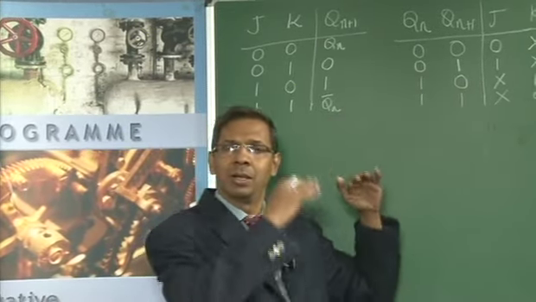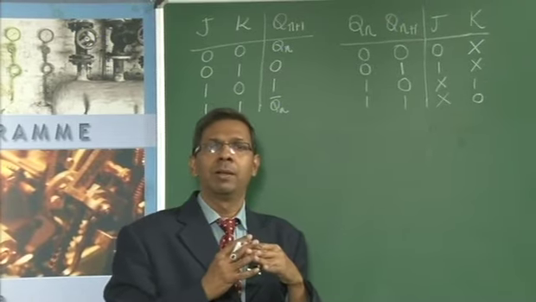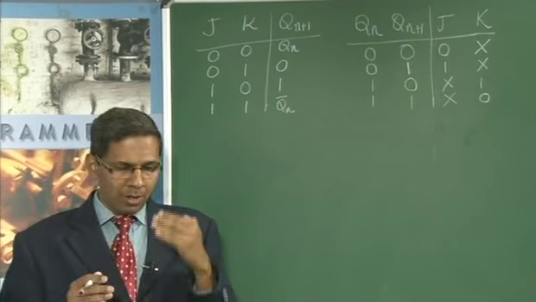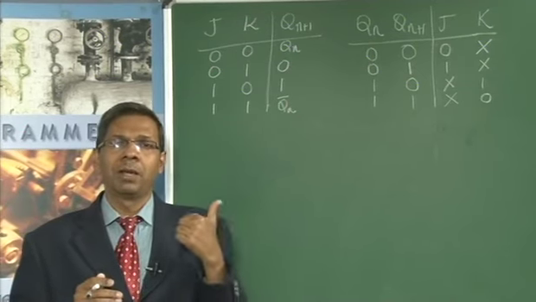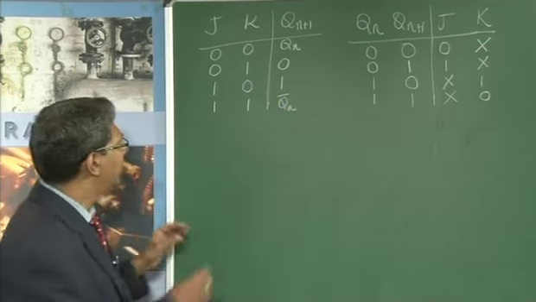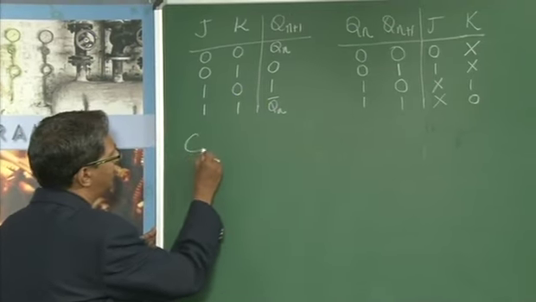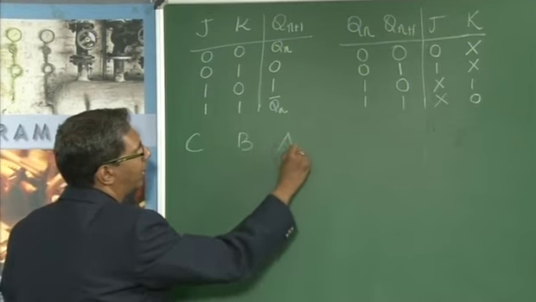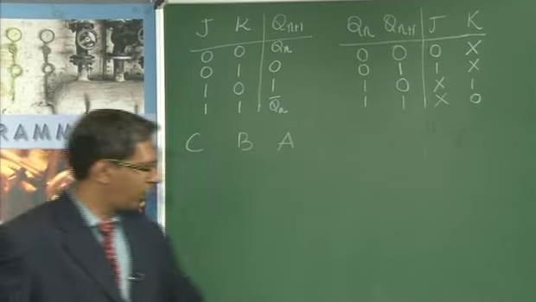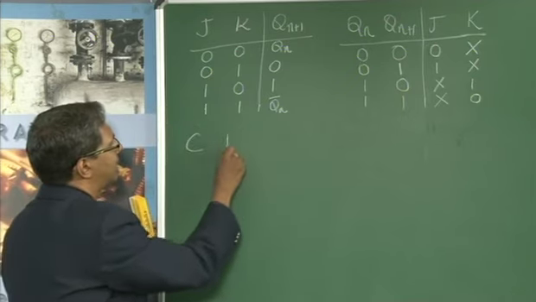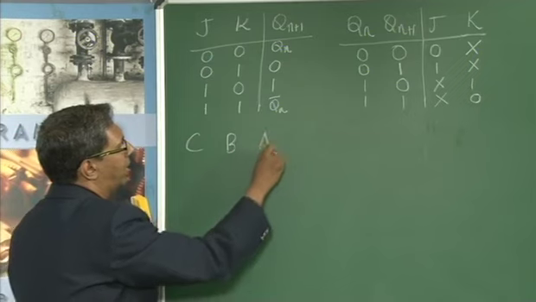Now let us write all the possible flip-flops that we have in our design and the possible inputs. If we have 3 flip-flops, let us call them C, B and A. So what is it going to be? I will call this C, B and A. Maybe I'll make it a bit closer so that we can use the entire board.